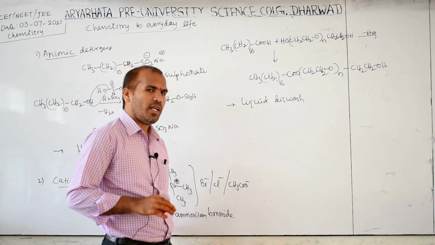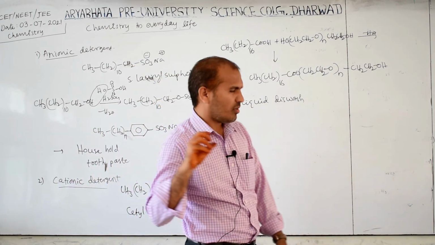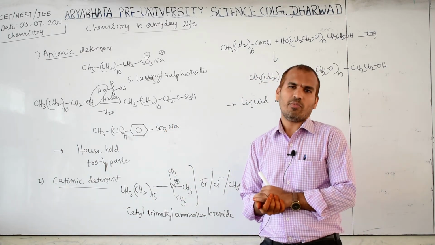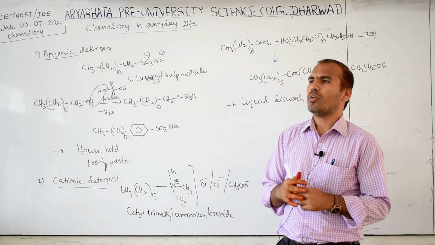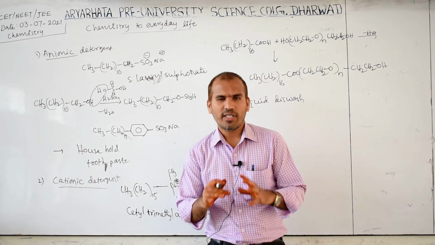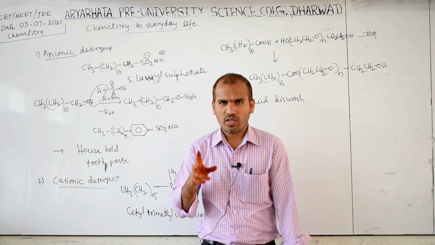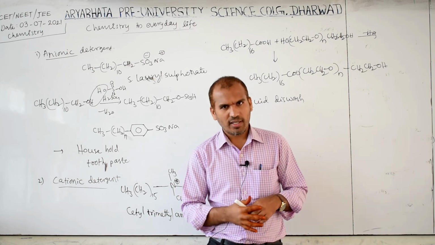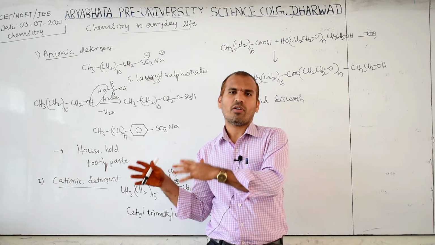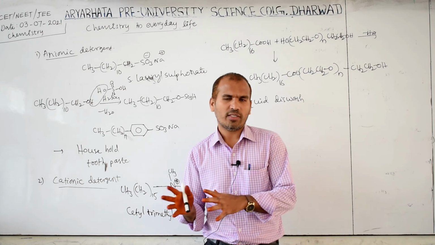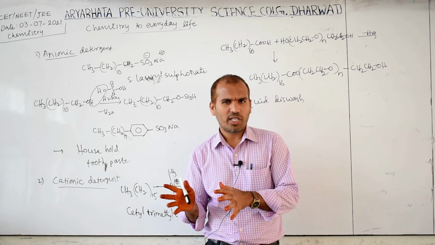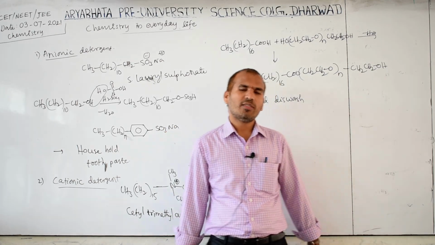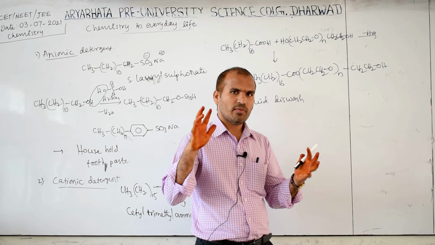Now the last part is how these detergents or soaps affect the environment. Generally these are also one of the pollutants. If they have branched chains, they are not easily biodegraded. When these are not easily biodegraded, they reach the river, pond or lake in the effluents. Effluents means liquid waste, and these persist for a long time. Therefore these may cause more frothing in the river.